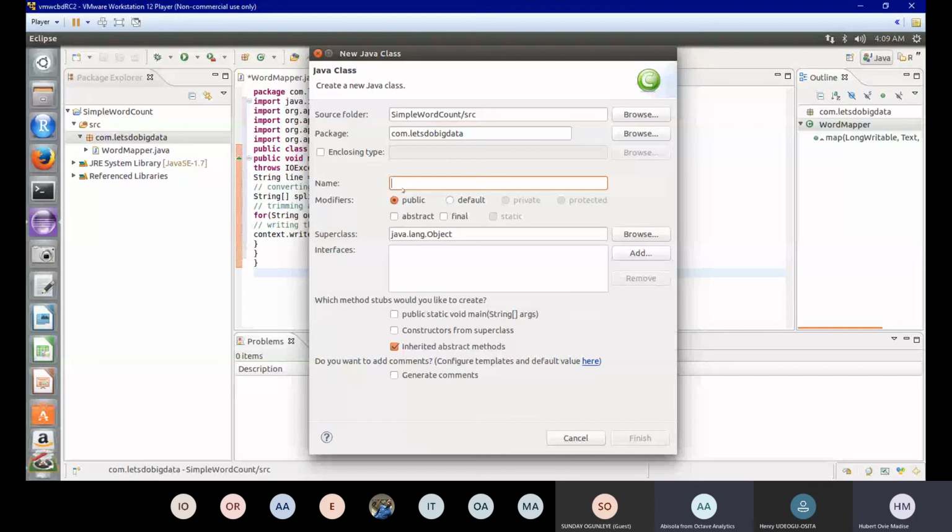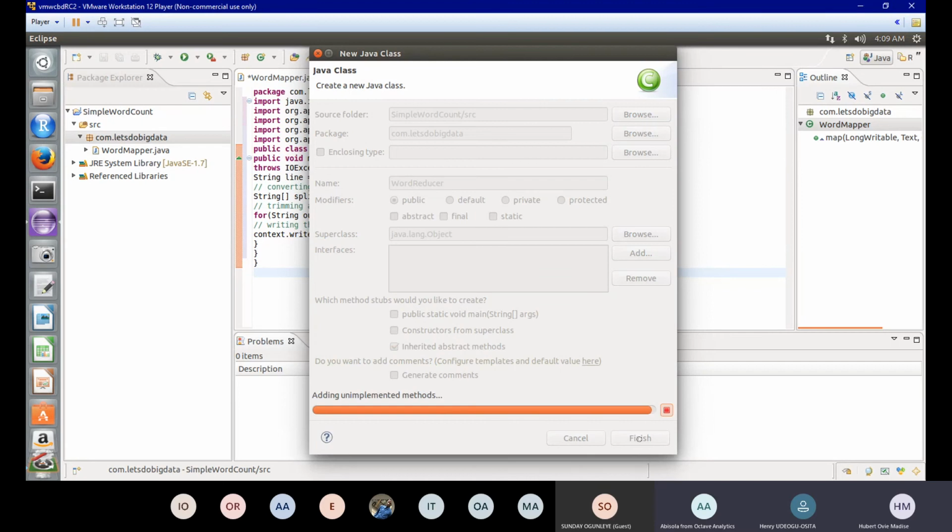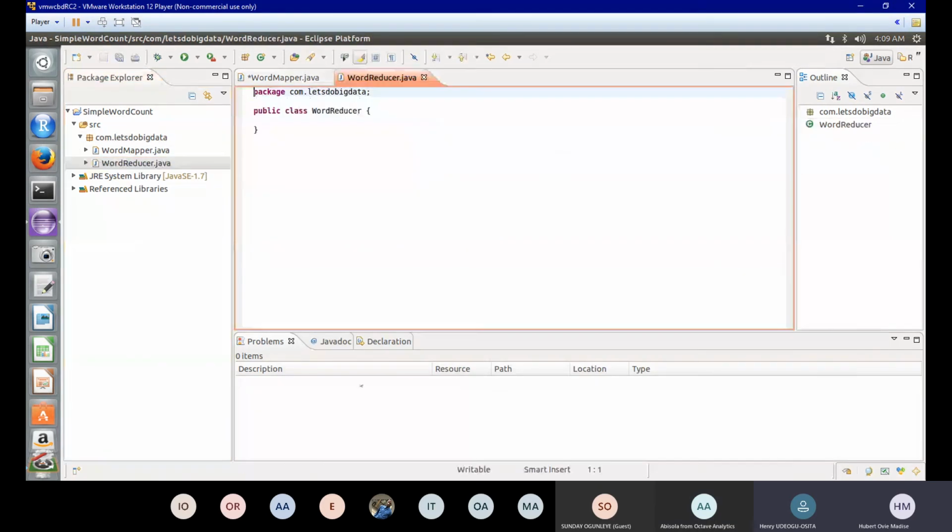That is 15. If you check 15, you understand what I'm saying. If you go to 15, yeah, 15. Word reducer class. So, and then click OK or finish. Awesome.